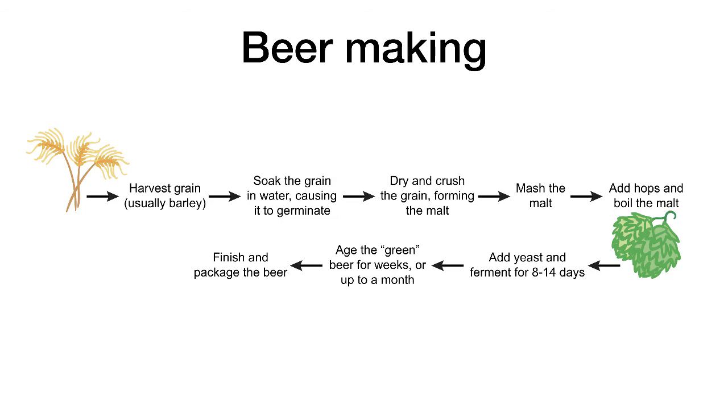In step 5, the fermented wort, green beer, is aged at 0 to 20 degrees centigrade for weeks or months, again depending on the brewer and the beer recipe. At this time the yeast settles to the bottom of the vessel, bitter flavors mellow, and other compounds form that enhance the flavor of the beer. Finishing and packaging of the beer is the final step, which can involve filtering, pasteurization, carbonation to about 0.5% carbon dioxide, and clarification. Those are the two examples that we're going to talk about for ethanol fermentation.